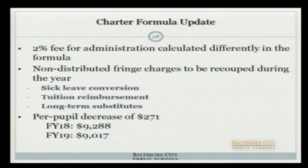The charter formula update, we moved the 2% administration fee. It was calculated differently in the formula in fiscal year 19 for the first time. And we also took some non-distributed fringe charges that had not been distributed to charter schools, but are directly allocable to charter schools and charter school employees. In the past, some of our traditional schools had to eat some of that cost because it was done centrally. And so we decided in fiscal year 19 that sick leave conversion, which is a benefit for district employees,